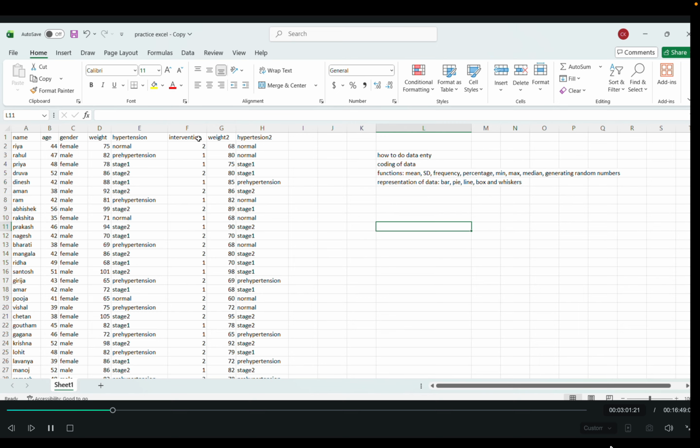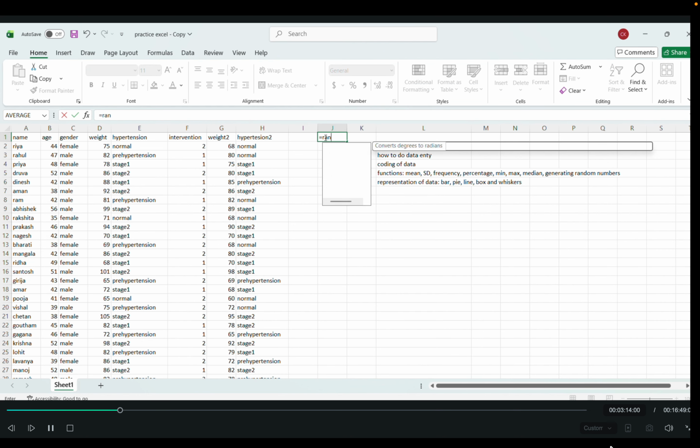So how I got these random numbers is, we can randomly generate these numbers using Excel. I'll show you how to do it. First give an equal sign, then write RANDBETWEEN. If you click on this, it will ask for the bottom and top.